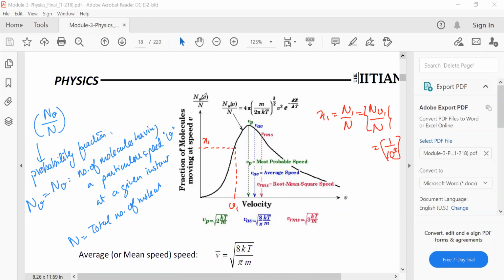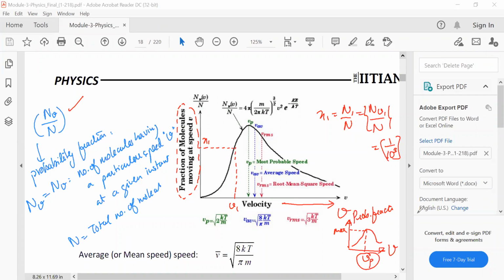So first of all, that is what is on each axis. On the y-axis, we have this probability fraction, which is nv by n. And on the horizontal axis, we have the velocity. So it is a graph of velocity versus the probability fraction. Obviously, if the graph is like this, then this one has a maximum probability. So the corresponding value of velocity is the most probable velocity, because the maximum fraction of molecules have a probability of moving with that particular velocity. So it is called the most probable velocity, the definition we had seen on the last page.